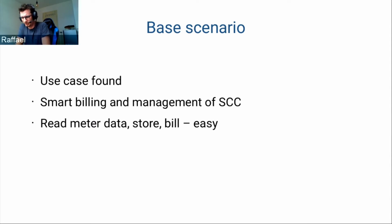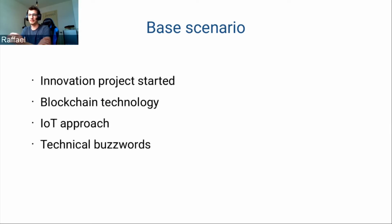If you thought about it, the central process of our application was pretty simple, right? Somewhere we had to read the energy data from smart meters. We had to store the data, display it on fancy dashboards, and after the end of the month, we had to bill the data to the user. Sounds pretty easy, right? Well,